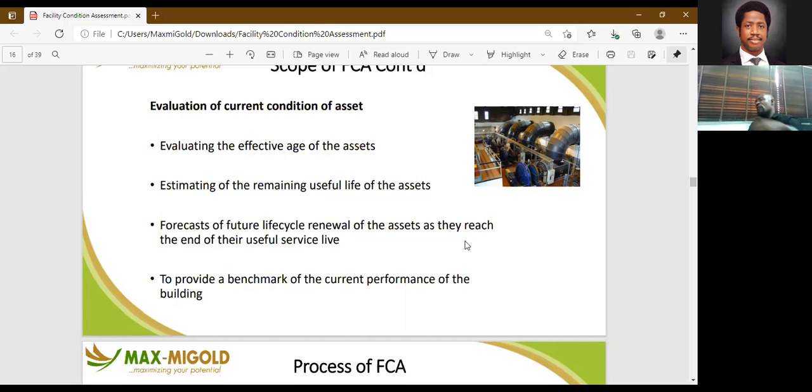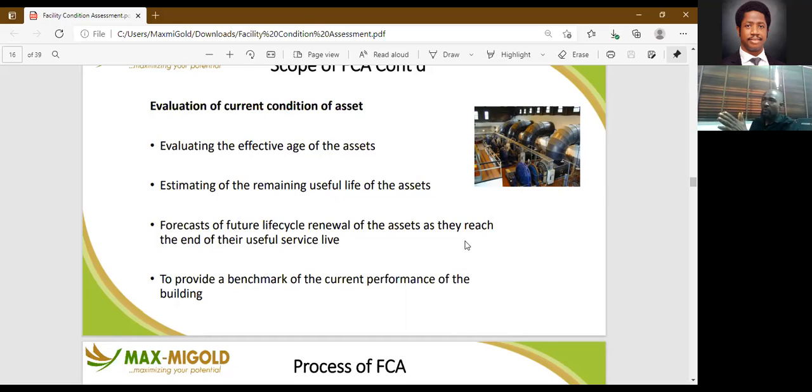So if you know that, okay, when you are taking over, an asset cannot last you more than 3 years, within that period you start making your plan: after 3 years, I need to replace this, or we need to repaint the whole entire facility. Within that period you start making your findings on cost, the manpower that's going to be involved, or the major third parties that will be involved in getting that task performed. It also provides you a benchmark of